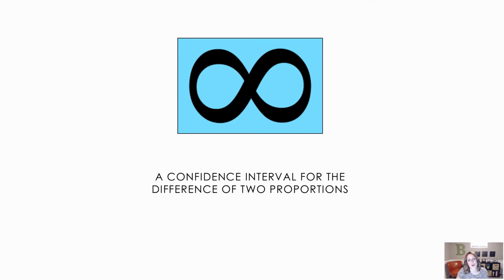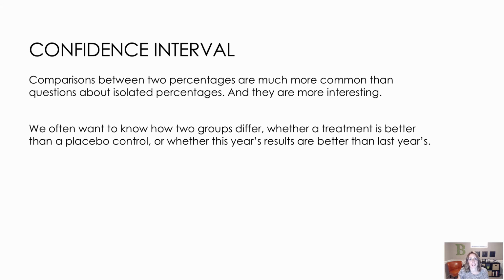In this lesson, we are going to learn about confidence intervals with the difference of two proportions. So obviously we know how to find a confidence interval for just one proportion. When might we want to use two? Obviously when we're going to compare two groups. We want to see how two groups differ from one another. So say it's a treatment, is it better than a placebo? This year versus last year, situations like that where we might want to see if there's a statistically significant difference